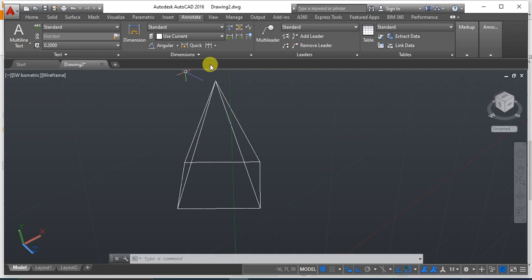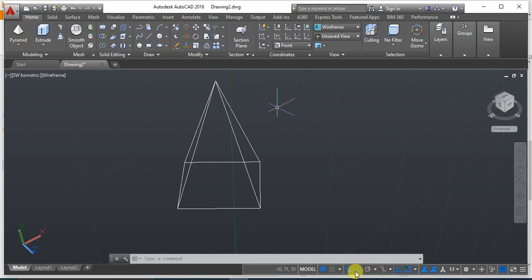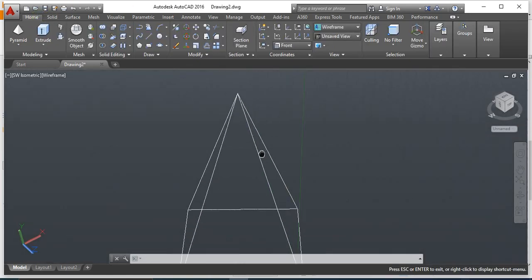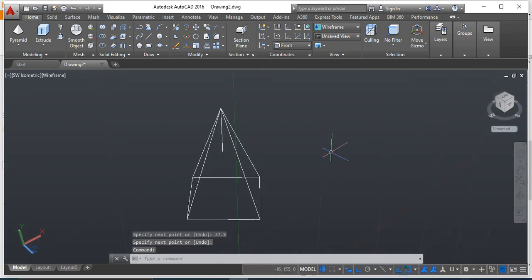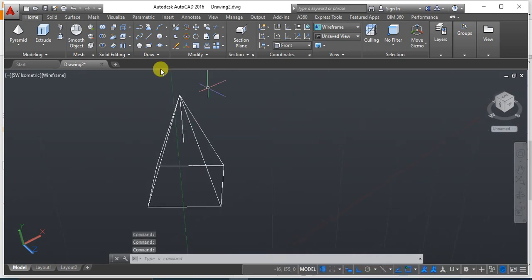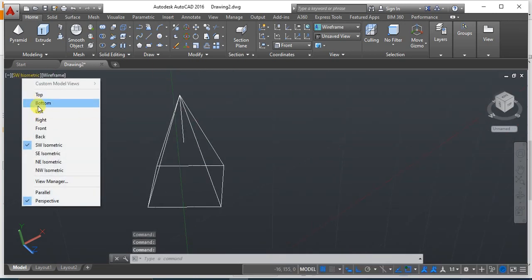Okay, in order to find exactly the central location, make sure the ortho mode is on. So from the tip of this thing, you draw a line passing from the tip corner, or the cone end, and which is 37.5 because that's the midpoint of the axial height. Okay, the total axis height is 75, after which we have to bisect the thing. Okay, then switch to the front view.